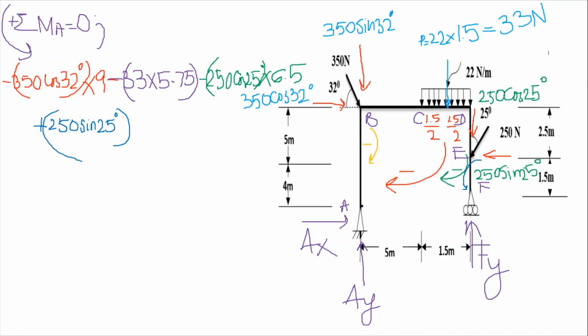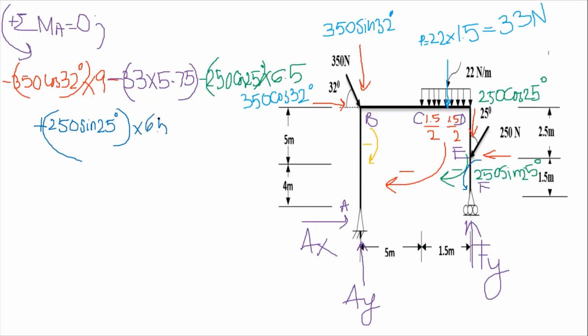So we are going to sum up moment at A, and we need this distance. How can we do that? We will subtract 2.5 because it is lying here, at the distance of 2.5 meter. So we will subtract 2.5 meter from 9 meter, and the amount left we will multiply with that. So 9 minus 2.5 gives 6.5. So the distance from here till point A is 6.5, and we will take 6.5 here.